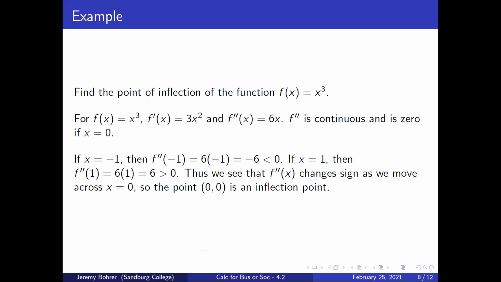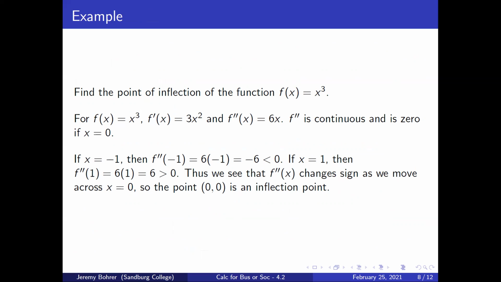Find the point of inflection of the function f of x equals x cubed. For f of x equals x cubed, f prime of x equals 3x squared, and f double prime of x equals 6x. F double prime is continuous and is 0 if x equals 0. If x equals negative 1, then f double prime of negative 1 is 6 times negative 1, which is negative